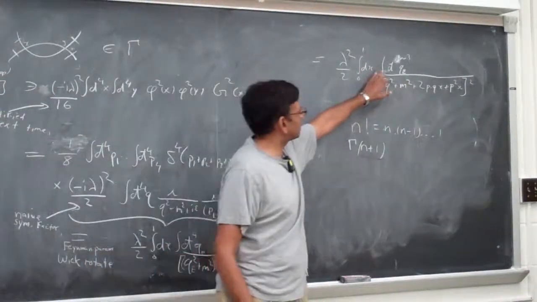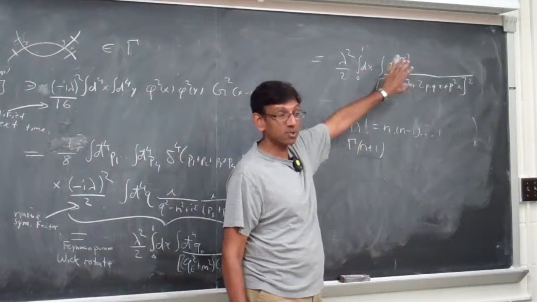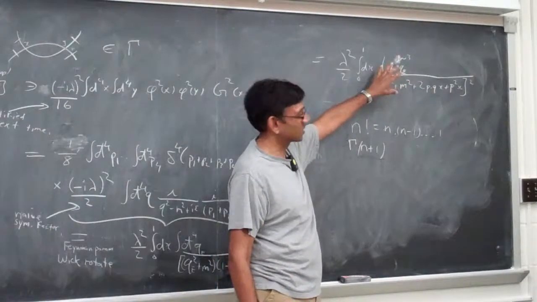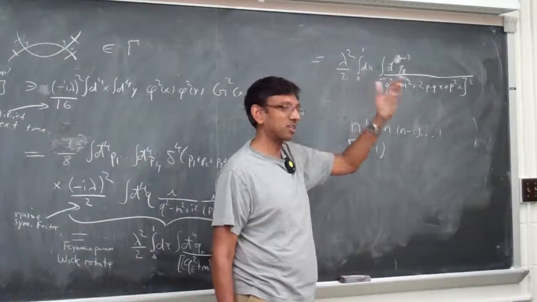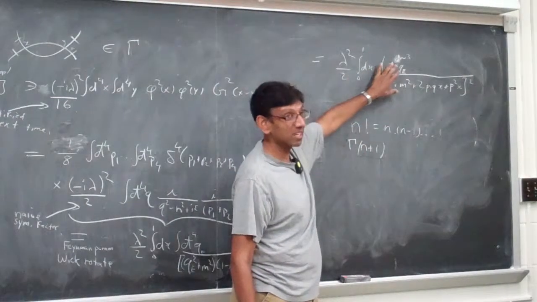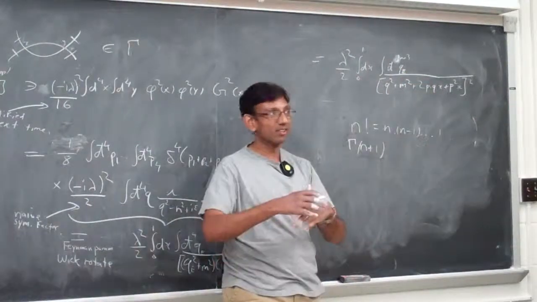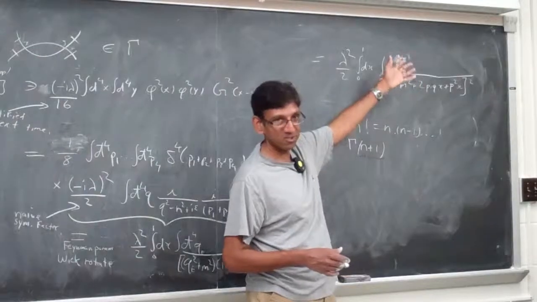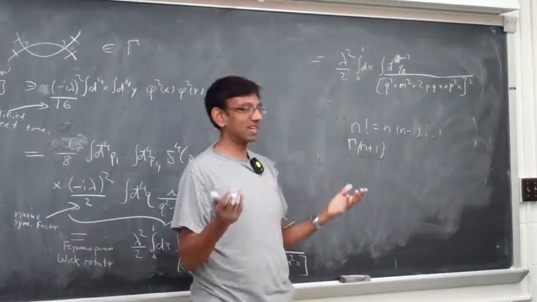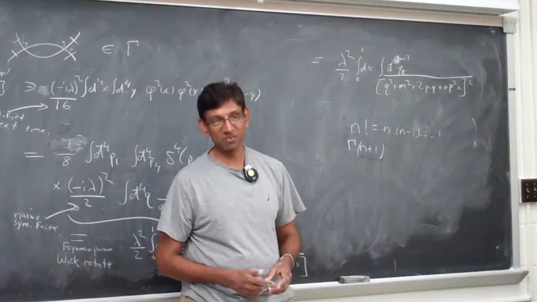The reason that we do this is the most abstract of the regulators that we have. But the only reason for using it is because calculationally it's the simplest. So there's a price to pay for its technical simplicity, which is its abstraction at first sight. So next time I'd like to introduce it again. I'd like to point out that it's not doing violence to the infrared. It's only a way of cutting off the highly virtual momenta that are causing divergences. And so any regulator would do. This is just one, not to be taken too seriously, except it is deadly seriously the way to calculate in practical